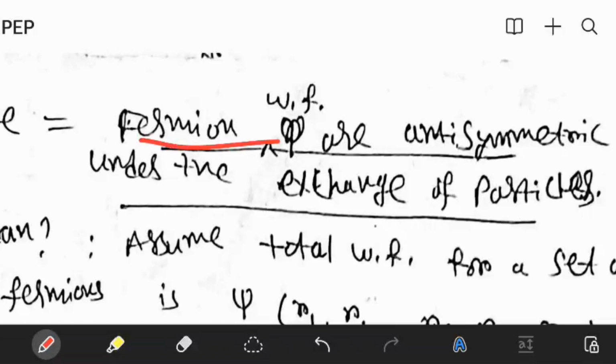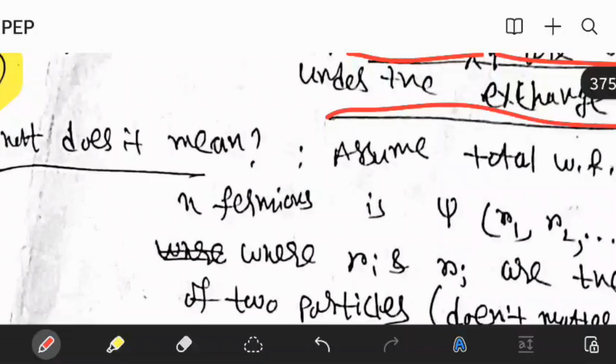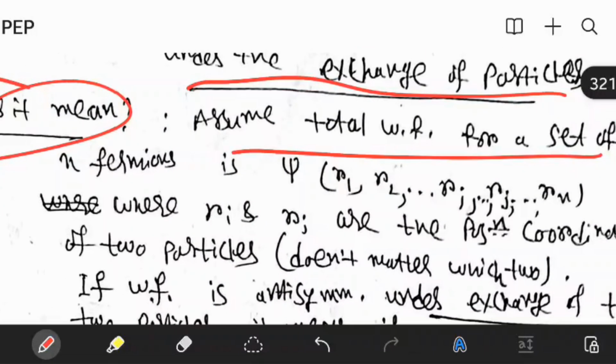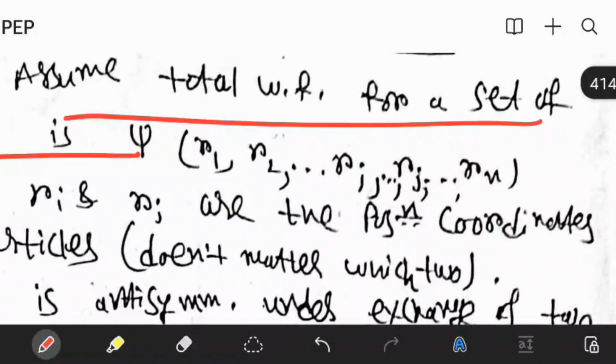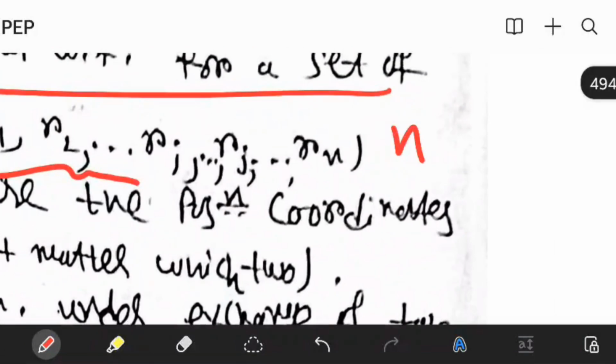Okay, so the basic principle is that fermion wave functions are antisymmetric under the exchange of particles. What does it mean? Assume the total wave function for a set of n fermions is psi of R1, R2, so on, Ri, so on, Rj, so on, and Rn. Okay, so there are n terms